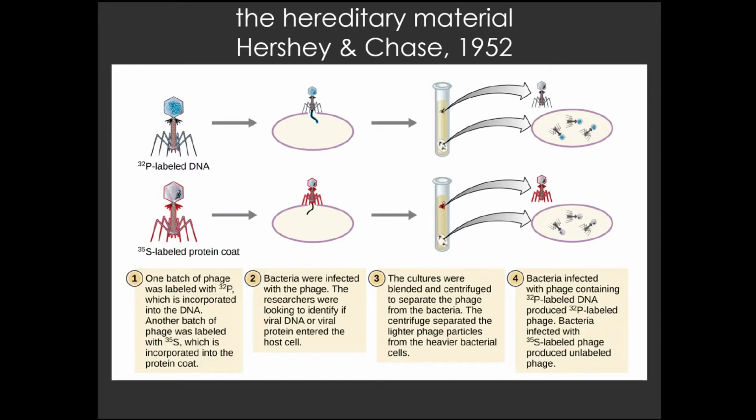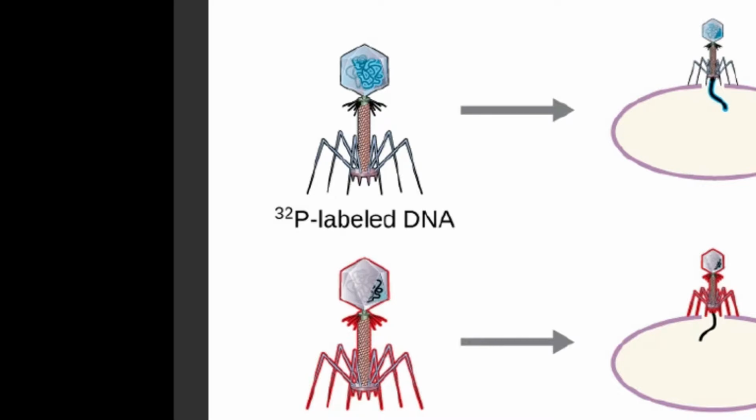And they did that by doing a very, very simple experiment where they took bacteriophage, which are viruses that infect bacteria, and they radioactively labeled the two components of those bacteriophage, right? They're so simple. They're not enveloped viruses, though they have a complex morphology. That complex morphology is all protein, and all of that protein surrounds DNA. So it's got to be either the protein or the DNA that is infecting bacteria and causing those bacteria to